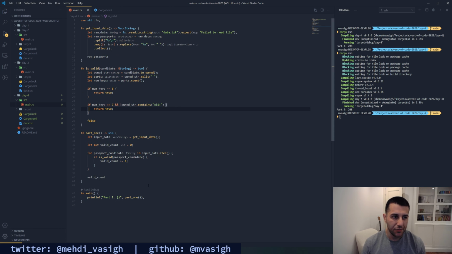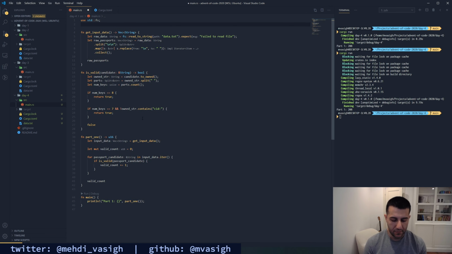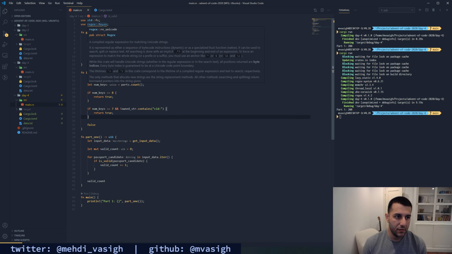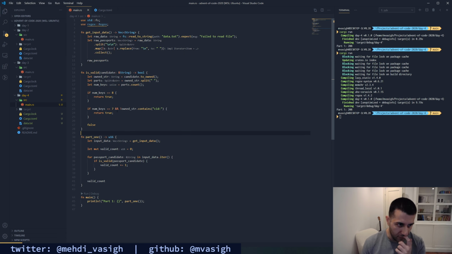So in order to use it, I think I just need to pull in the namespace. So I just need to basically say use regex. So I'm going to do that. Great, and we get the documentation available to us. This is clearly something that's now in scope that we can use.